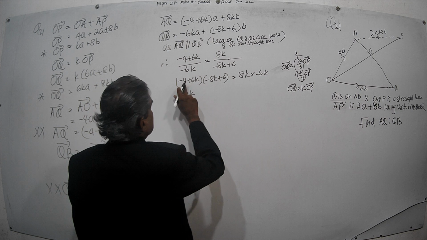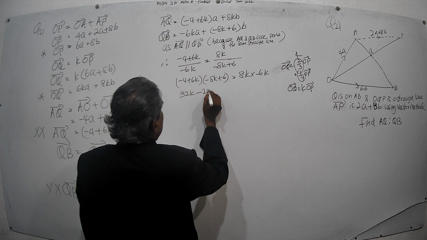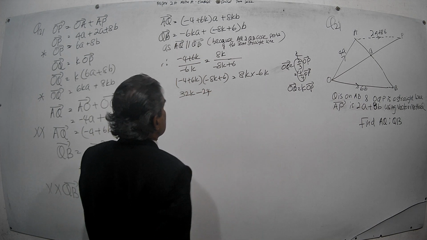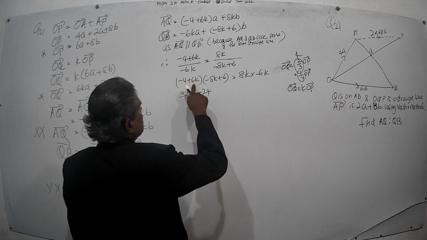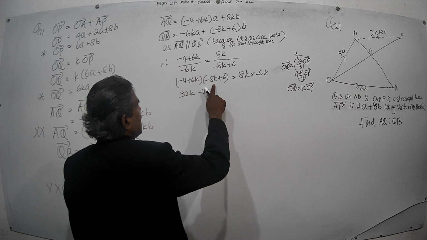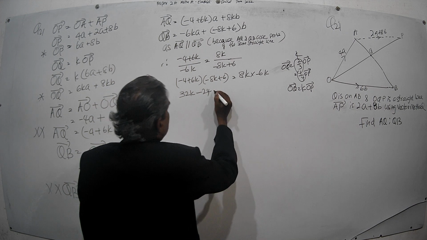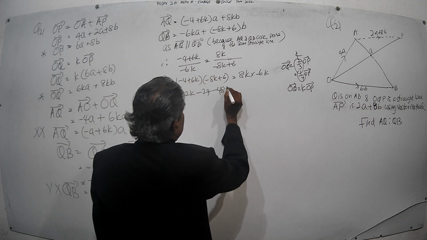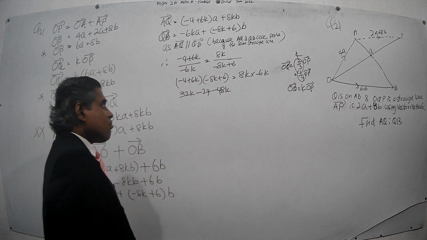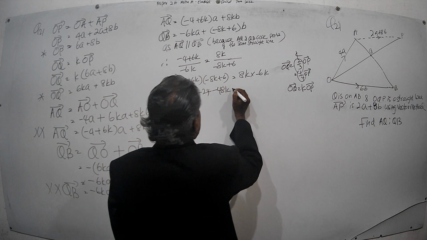Then minus 4 times 6 is minus 24. Then 6k times minus 8k: 6 times 8 is 48, so 6k times minus 8k is minus 48k squared. Okay. Then 6k times plus 6 is plus